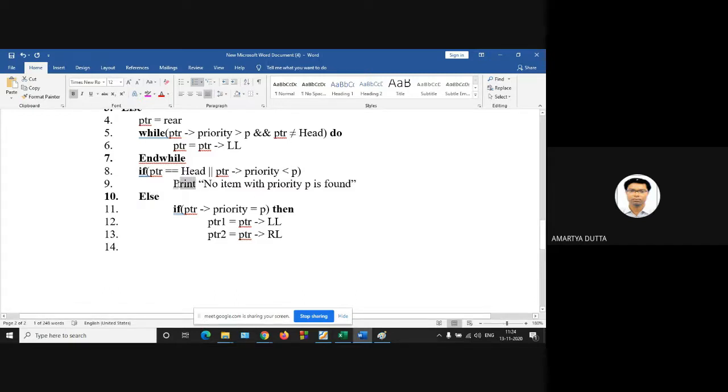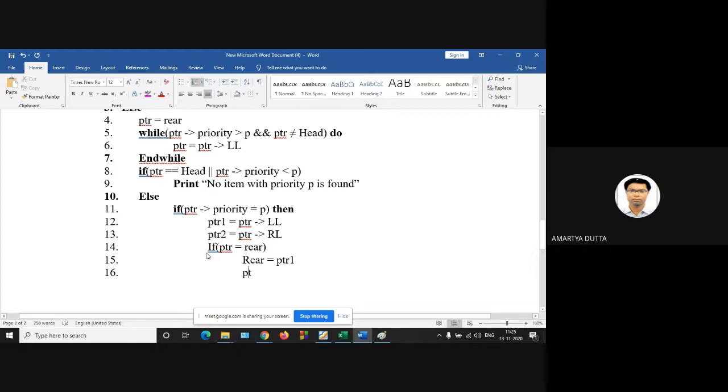Now, if your PTR is equal to DR, then DR is equal to PTR previous, that is PTR1.